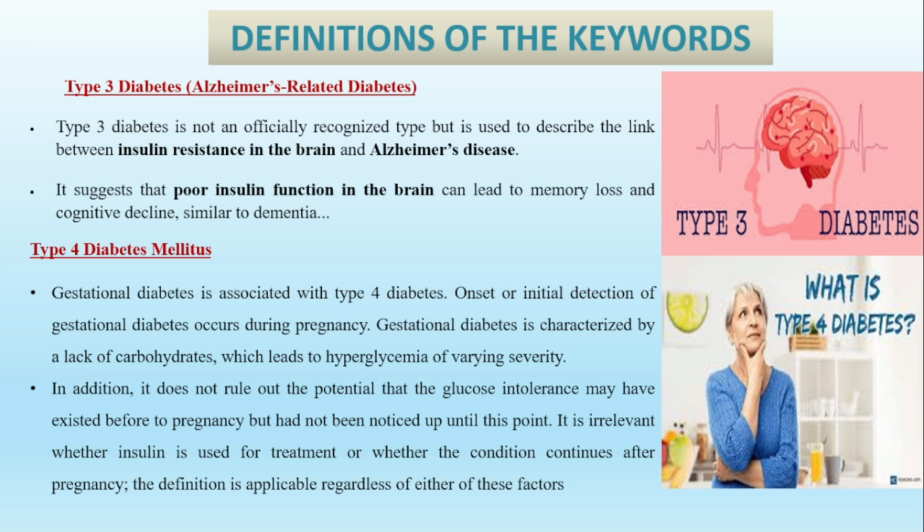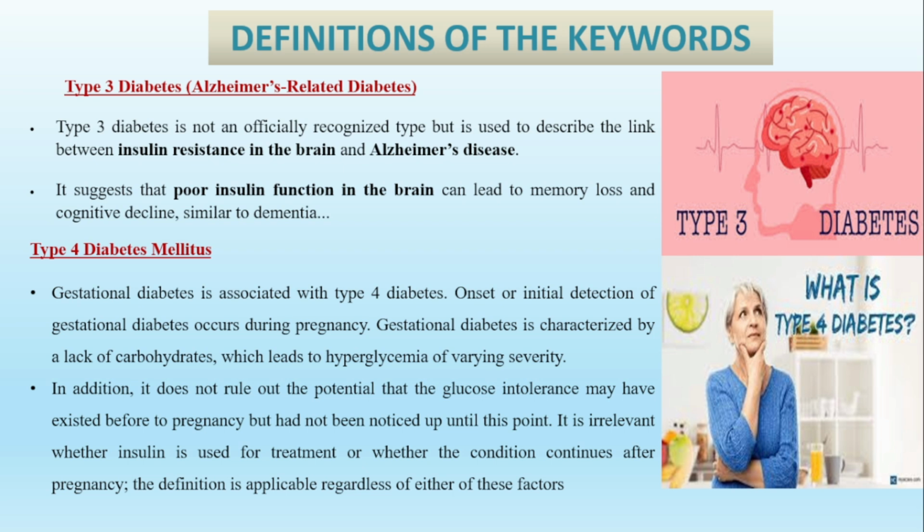Some research journals, medical advisors, or books give a classification. The third type of diabetes is the name. This is not given a type number, but gestational diabetes is associated with type 4. Some papers call it type 4 diabetes, but some good journals and book authors say we can't categorize it as a type. This is the name only. Gestational diabetes is associated with type 4 diabetes.